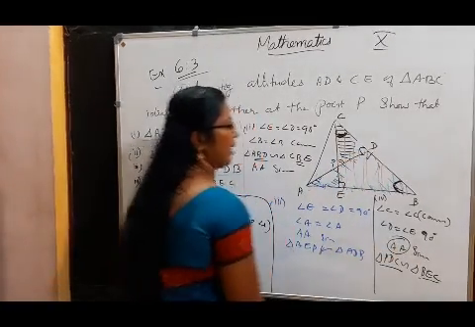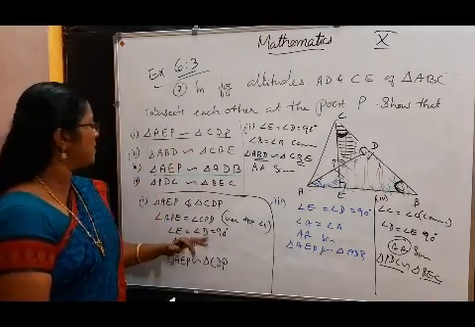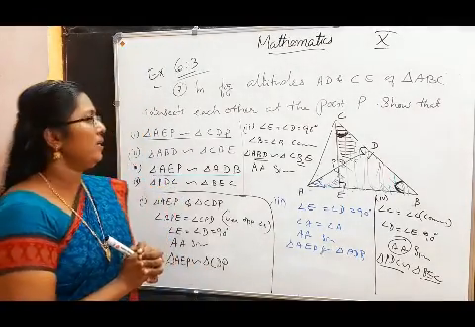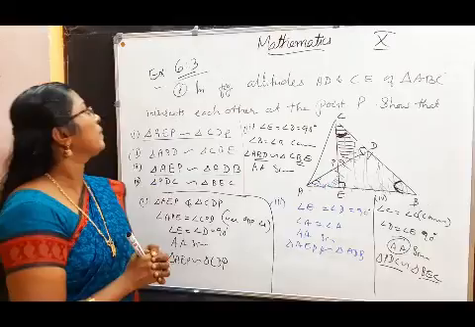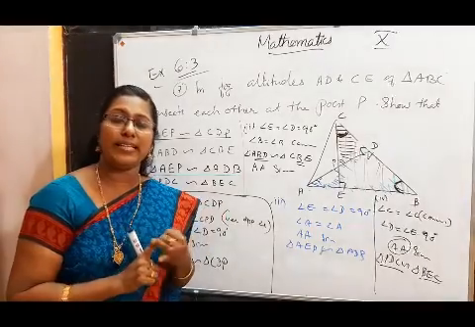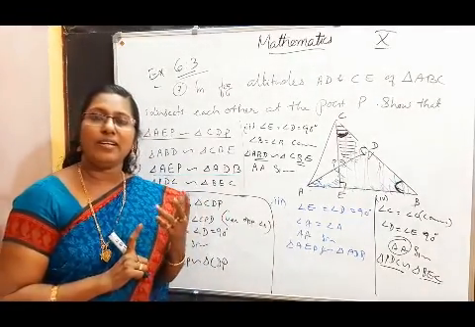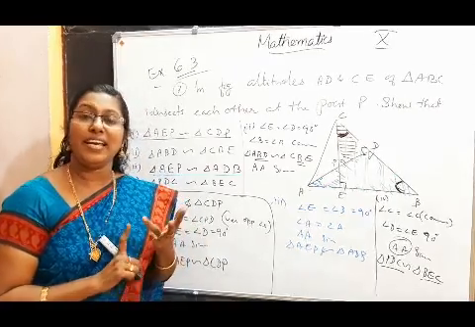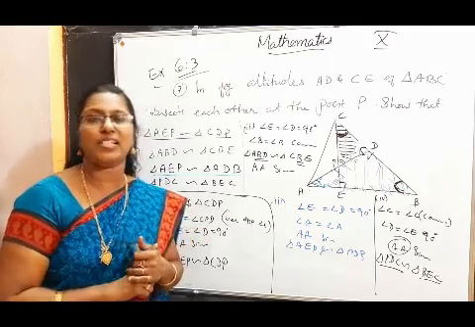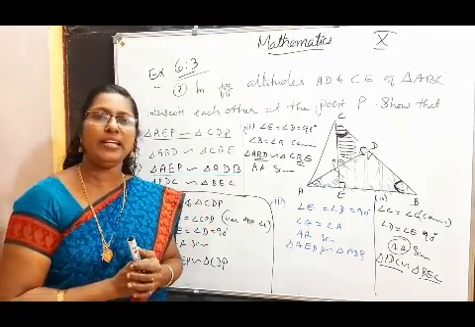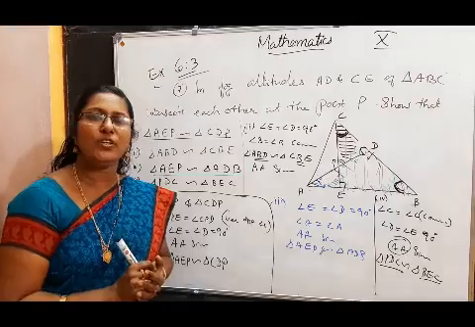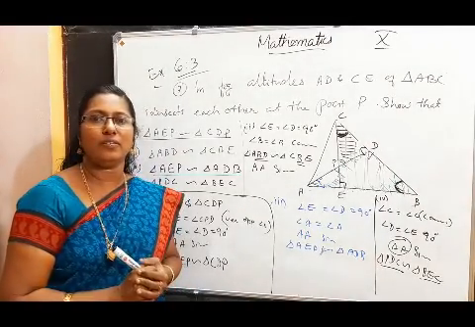So all the questions are by using AA similarity criterion: if at least two angles are equal, their corresponding sides are proportional. In this part, we studied the three similarity criteria: AA similarity criterion, SSS side similarity criterion, and SAS similarity criterion. By using them, exercise 6.3 up to 7 questions we solved. The remaining questions you can watch in the next part of this video.